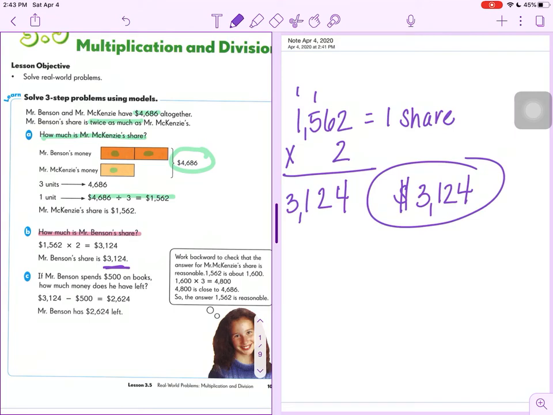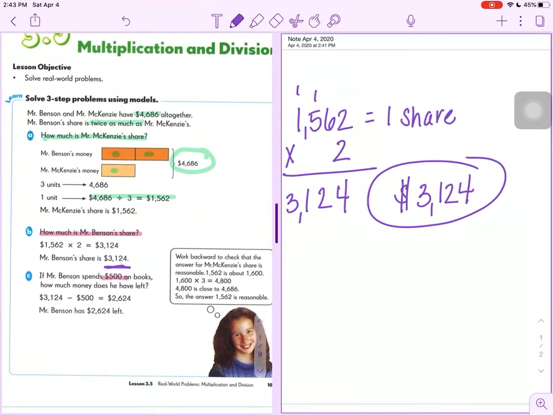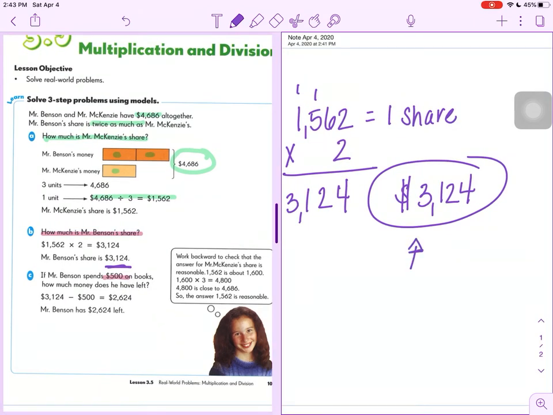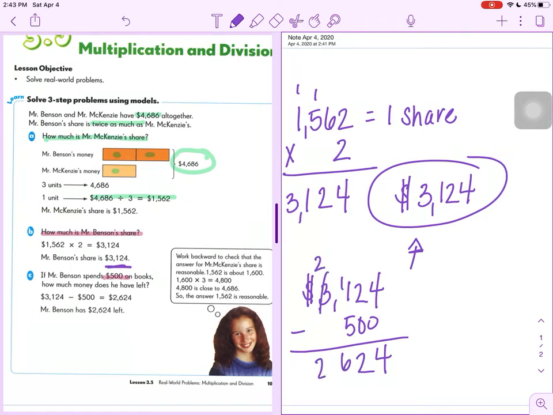All right. And then part C, this is our third step. If Mr. Benson spends $500 on books, how much money does he have left? So again, this is what Mr. Benson has. So we're going to take $3,124 minus the $500. And we would have